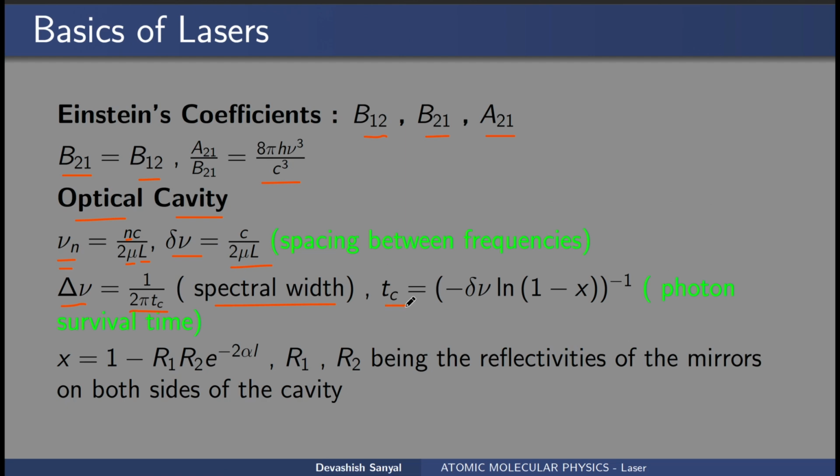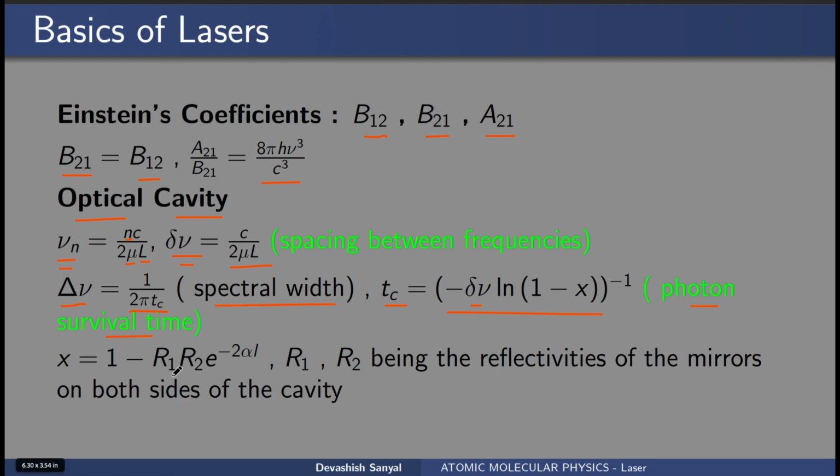Tc is the survival time of a photon, and that is an expression which is minus delta nu ln 1 minus x whole to the power minus 1, and x is related to the reflectivities of the mirrors which are there on both sides of the